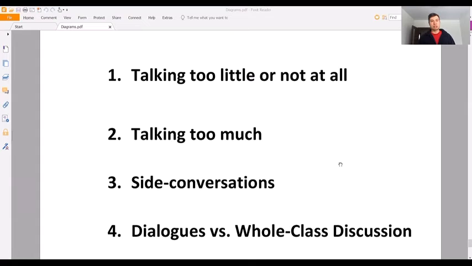The third thing is side conversations, and those are particularly dangerous because if they're not addressed, it breaks the discussion very quickly. And it also has another very significant downside, that if it's a side conversation, even if it's on topic, the rest of the class cannot hear them. And that's very problematic, because ideas are only going to be shared between the 2 or 3 people that are having the side conversation. So my advice would be to stop them immediately and to address them in a polite, nice way, of course.